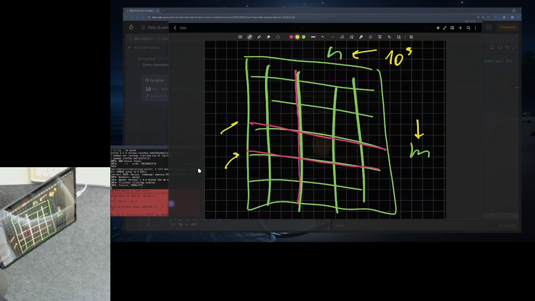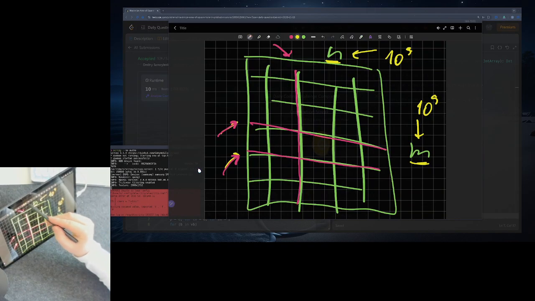So today we have a grid with these big numbers n and m, 10 to the power of 9, and we are also given these red bars that we can remove. We are asked to find in this grid, if we remove the red bars, what is the maximum square area. So if we remove this red bar, we have like